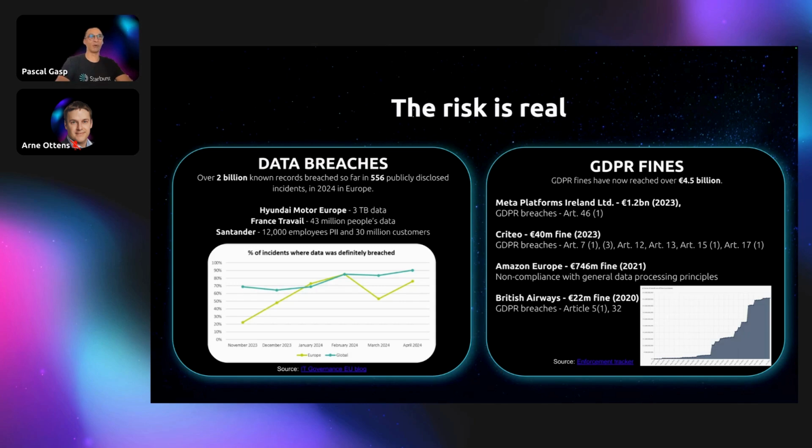The biggest company impacted by this one is Meta, because they paid, for example, just this year, 1.2 billion euros in fines. But overall, since GDPR was implemented, it's close to 2.8 million or something like that. And as you can see, the rate of these fines has exploded, it's close to exponential.